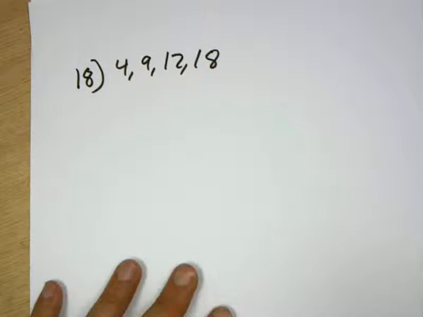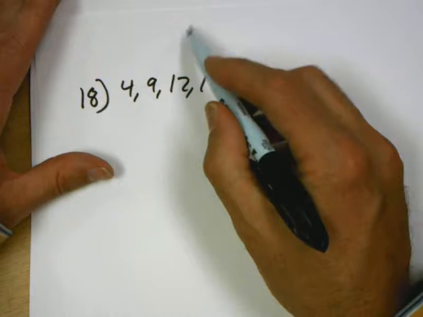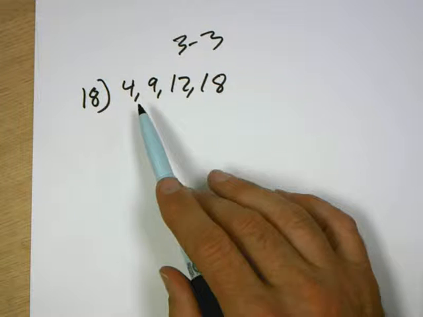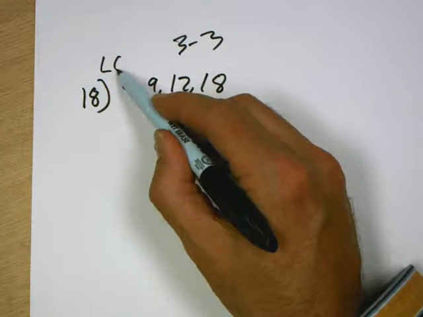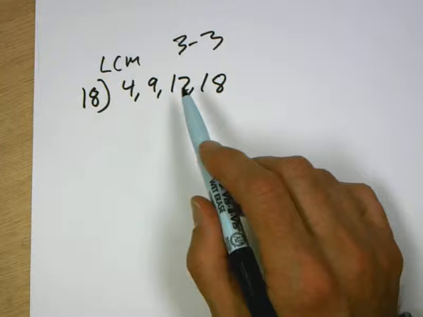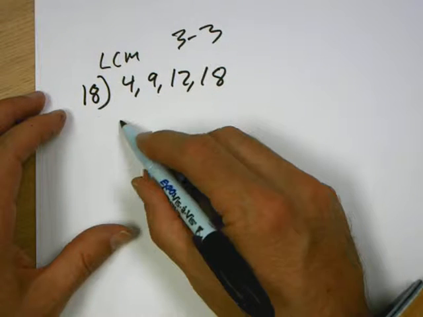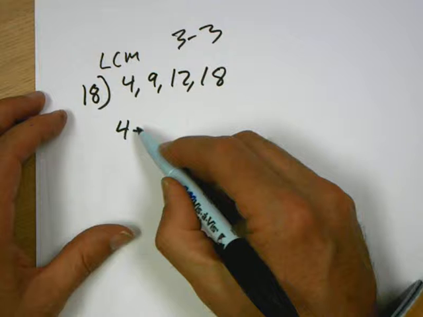Let's take a look at workbook 3-3, number 18 here. It's asking for the LCM, least common multiple, between 4, 9, 12, and 18. So rather than list all the multiples out, I'm going to do prime factorization of 4, and that's 2